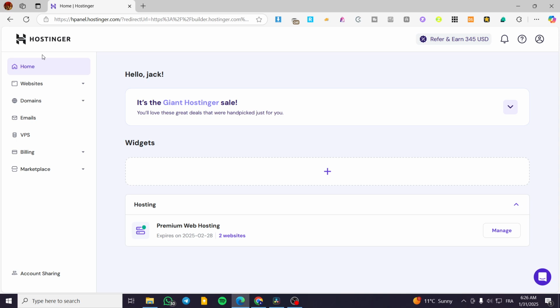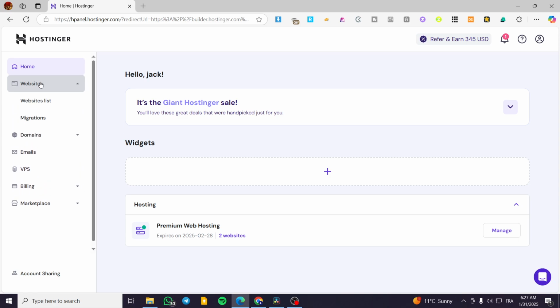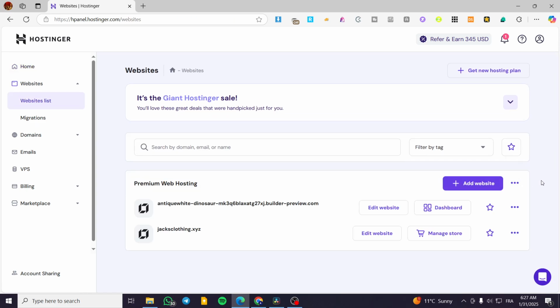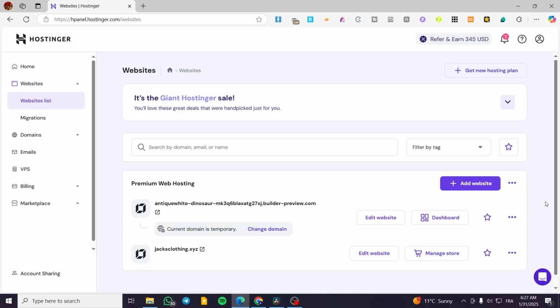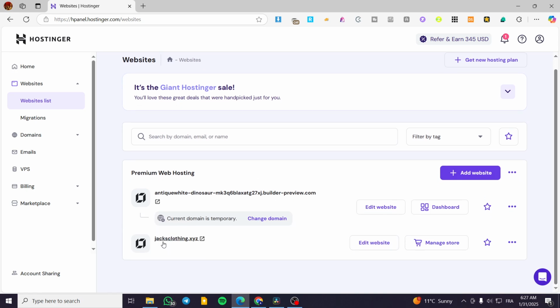We are going to head over to hostinger.com, sign in to an account, and then we are going to see the dashboard. Once you are here, what we are going to do is head over to the websites. Then we're going to have the websites list. Now we are going to click on it and wait for the menu of the websites to show up. Once you are here, we are going to edit our website by clicking on edit website